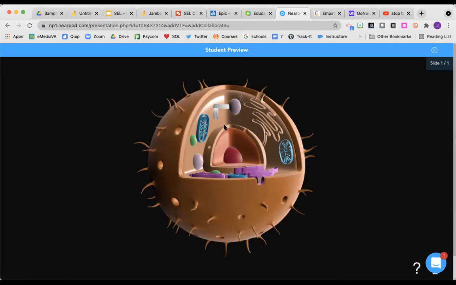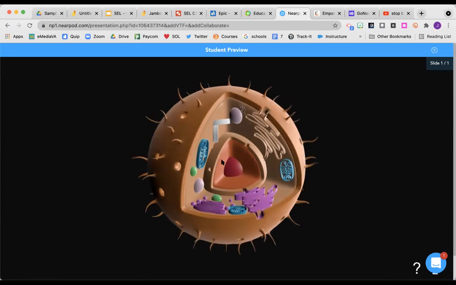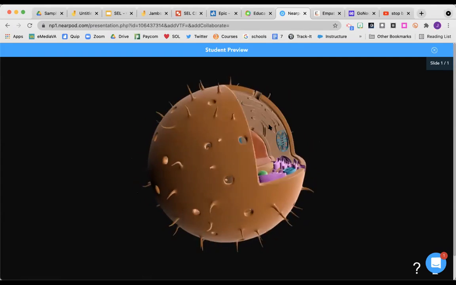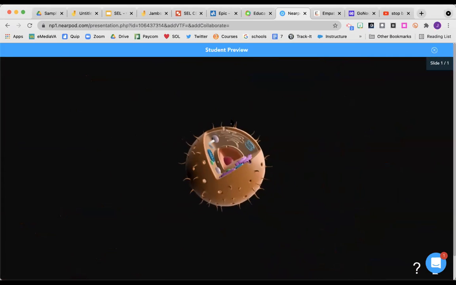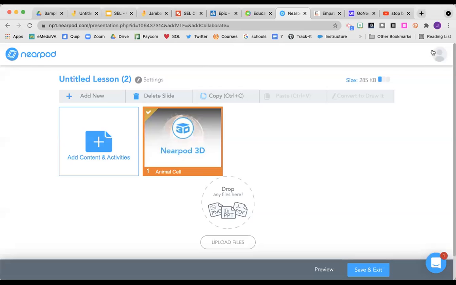Okay, so here's that animal cell. Students have the ability to click and drag it around. They have the ability to zoom in super far, zoom out super far. There is not the ability to put text or anything else on this slide, but in this case, I certainly